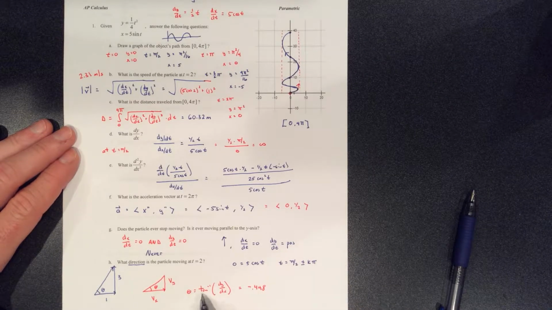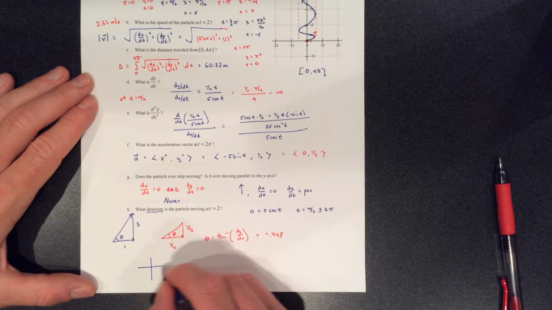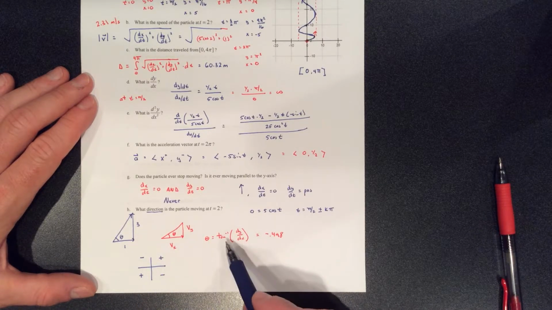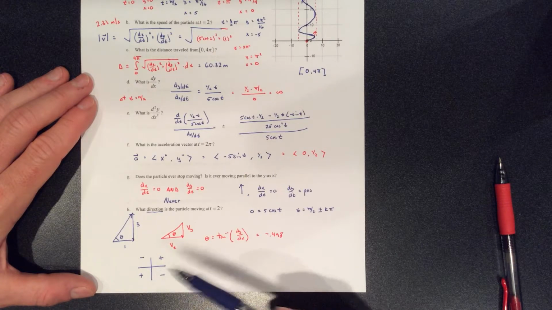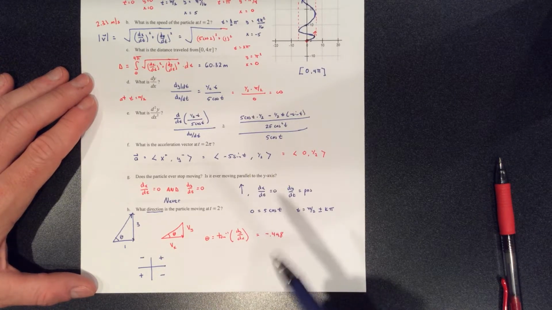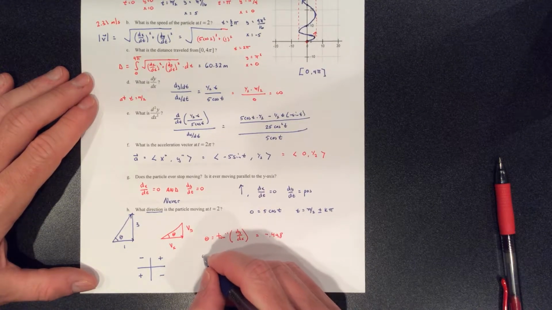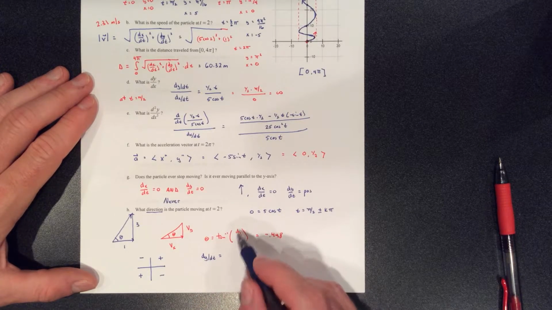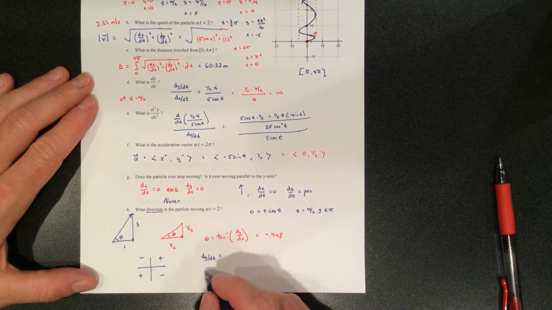0.448. And the hard part about inverse tangent is you're not exactly sure where it's defined. Remember, tangent is going to be negative in this quadrant and in this quadrant, positive in these quadrants. And so when you do inverse tangent and it's positive, it's always going to give you this value, and if it's negative, it's going to give you this value. So how do we know what angle it is? Well, you have to think about what dy/dt and dx/dt made this negative. Which one was negative? Because remember, dy/dx is this ratio. And if we look at those,